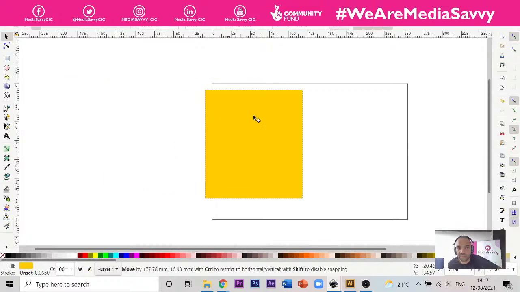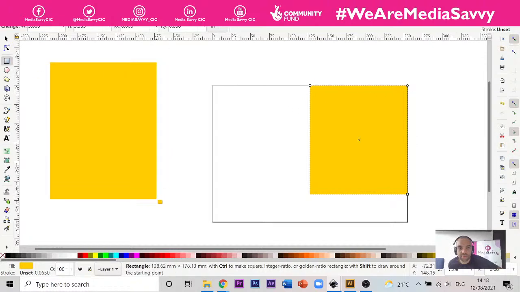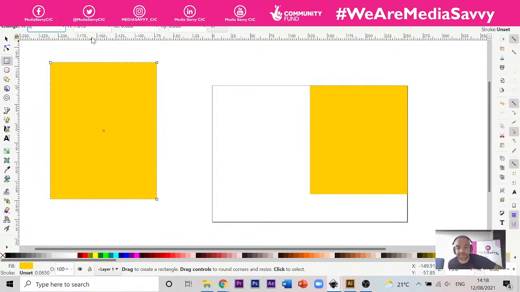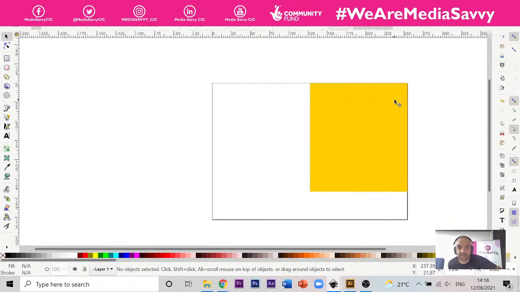So a trick that I've done there is I've created a shape that is 5 inches wide, and I clicked on my square, drew my shape out, and then made sure the width, the W, was 5. Okay, just positioned it in one half of the document, and now I'm going to drag a guideline from this vertical ruler, and you're going to click on it and hold down and drag it all the way along, and it should